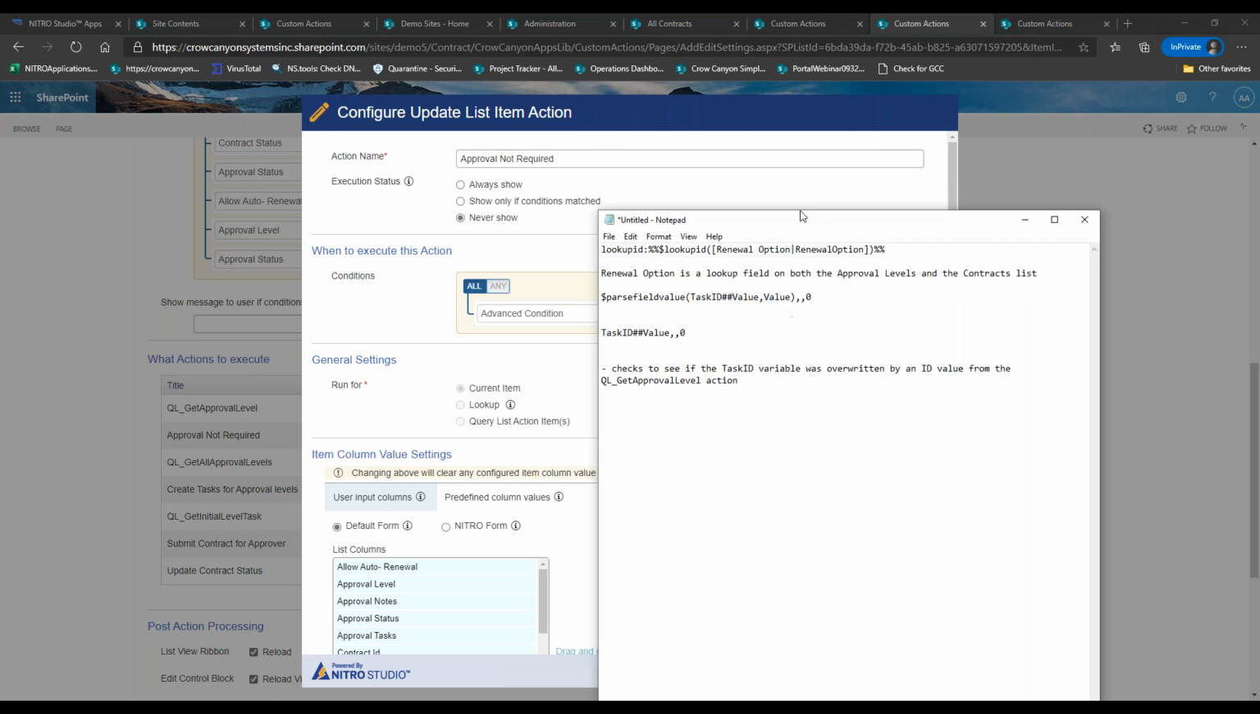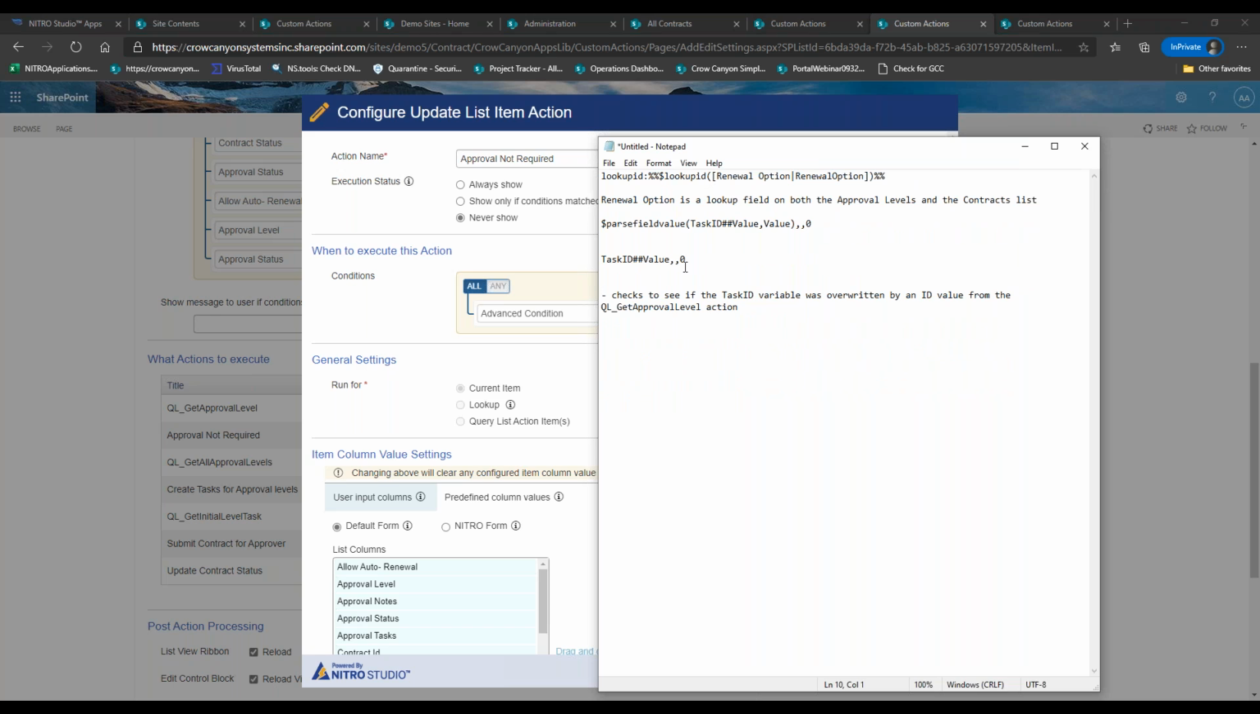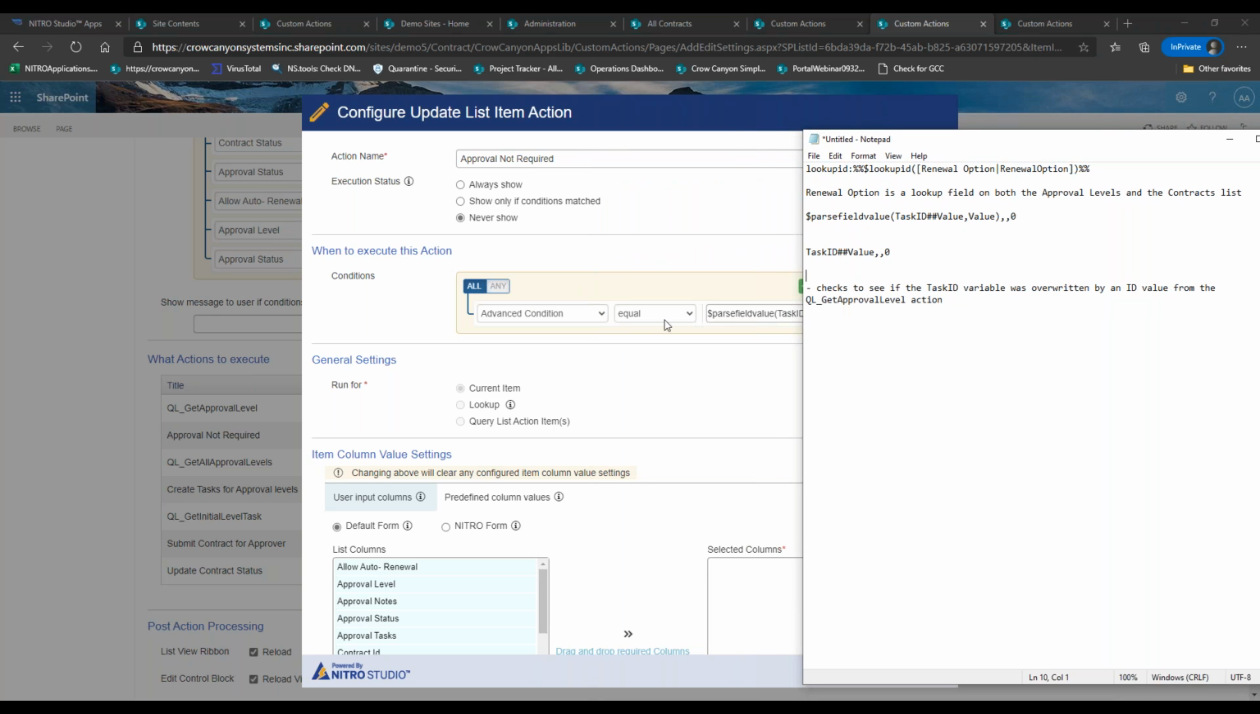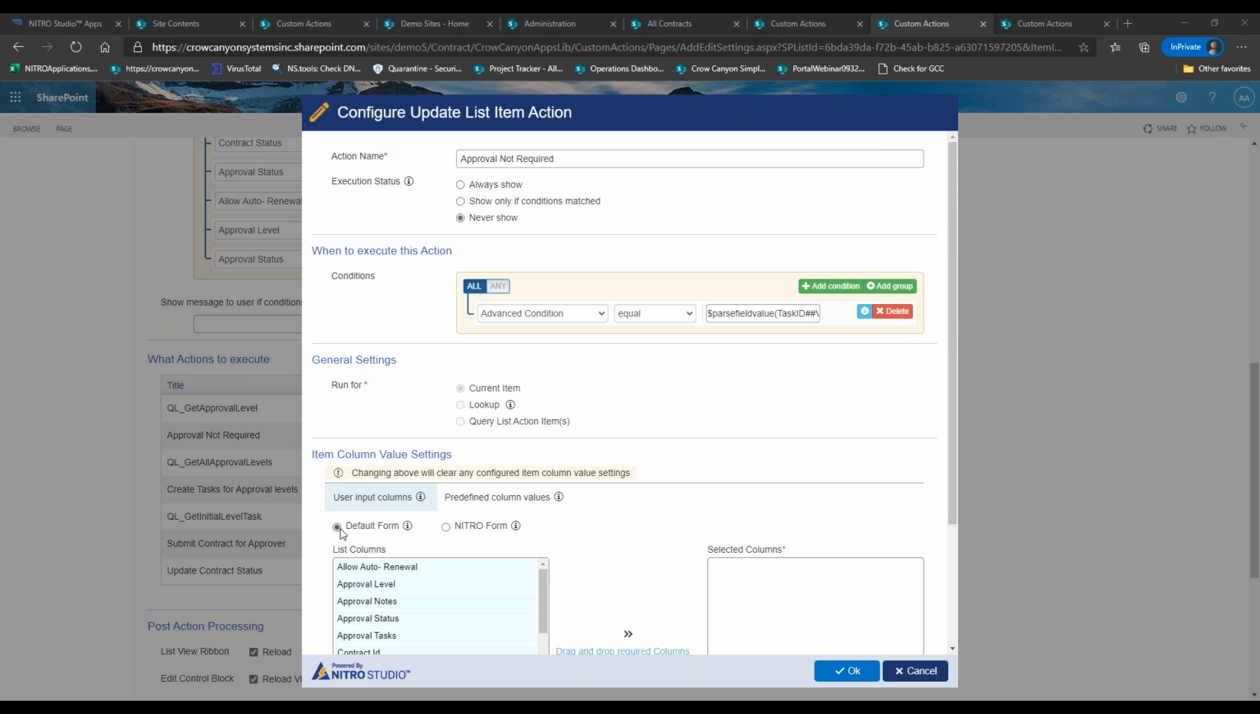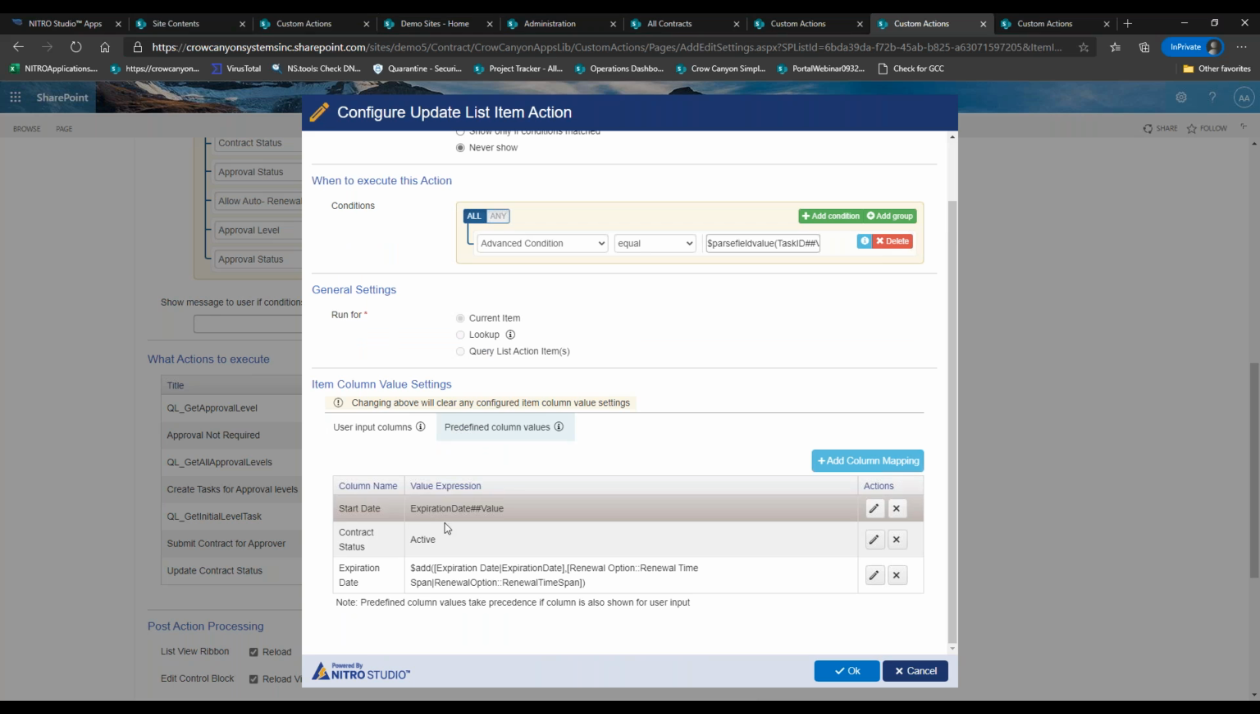But essentially what we're doing is taking that task ID value, which again, remember we set to 0 initially, and then we overrode that 0 with an ID of that approval level. If it equals 0, and because we're using this equals operator, that's basically what this double comma represents. Whatever this operator is here is what that double comma will represent. We're saying, does the task ID value equal 0? If the answer is yes, then it's going to go and mark that